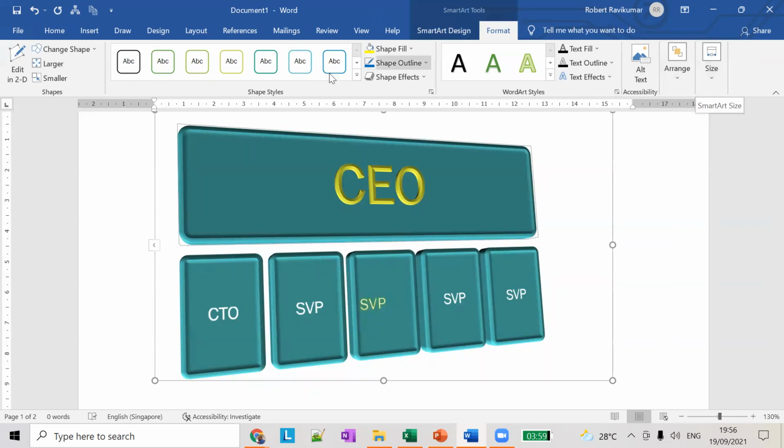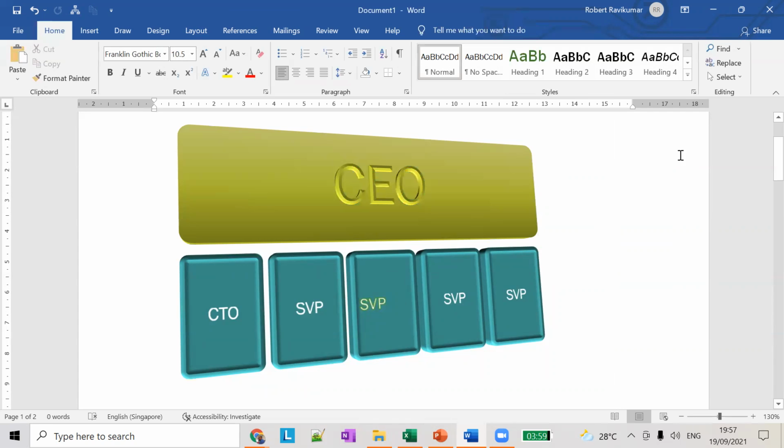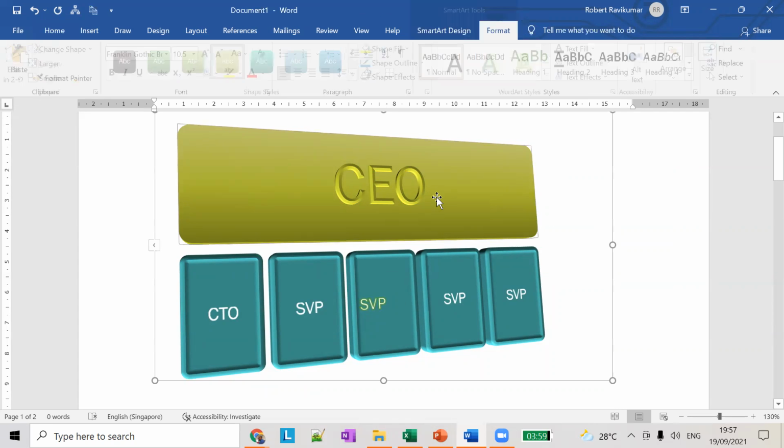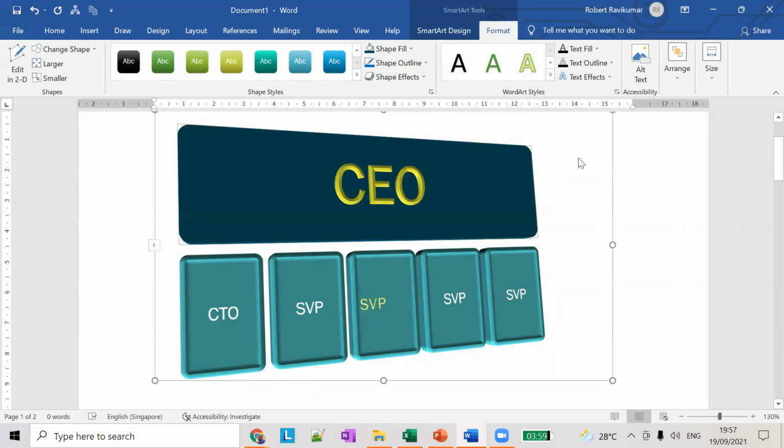And what else can we see? Shape styles. Shape styles are also available here. So that is one thing we can do. Shape styles, colors, we can change here. This is very similar to the things we saw, right? How to fill a picture, the shapes, how to change the shape, picture fill, outline, and all these things are very similar to the shapes we saw. So this is also the same thing.